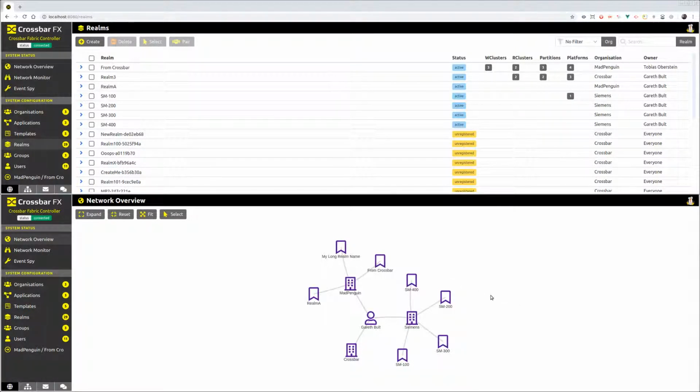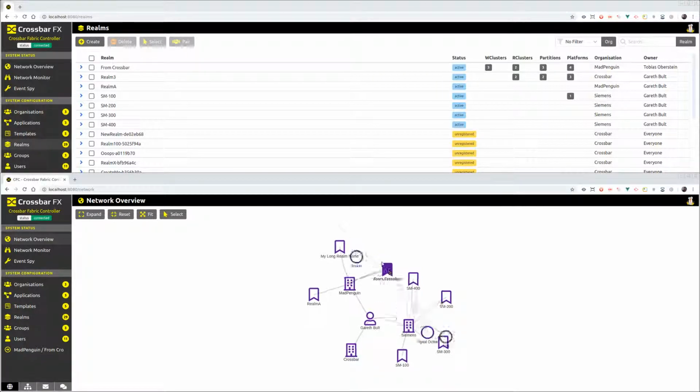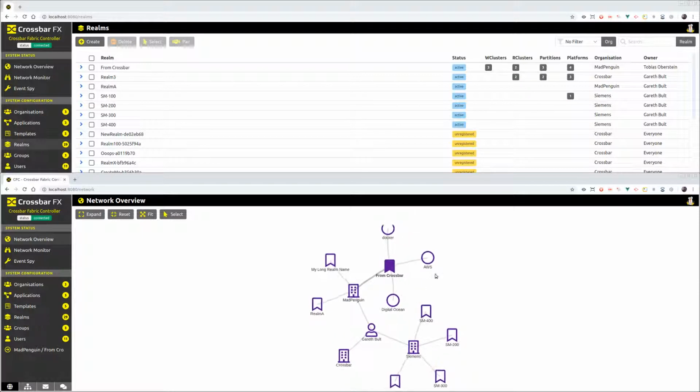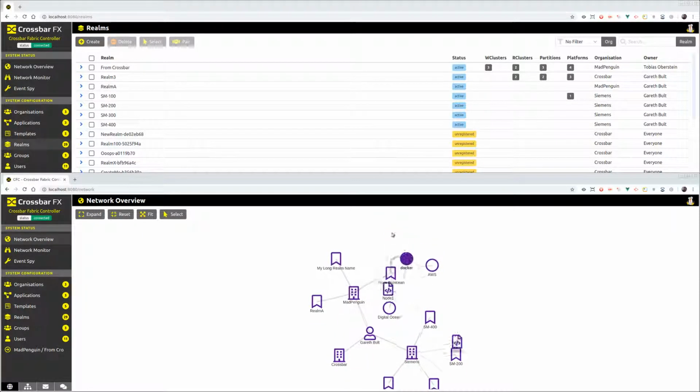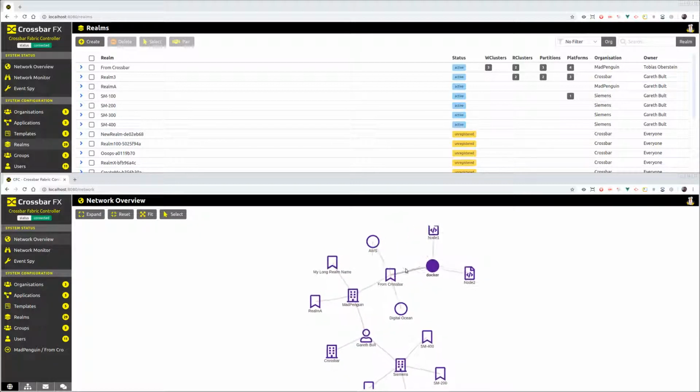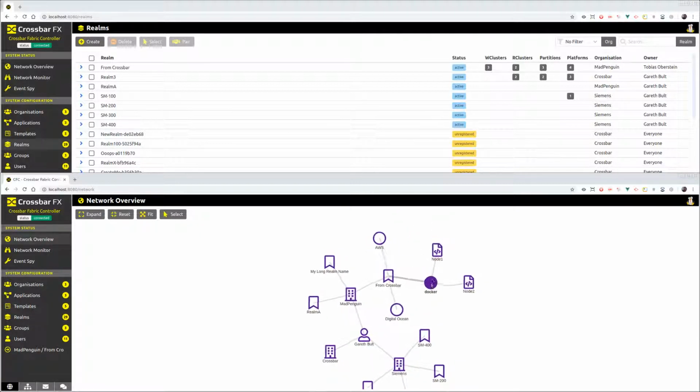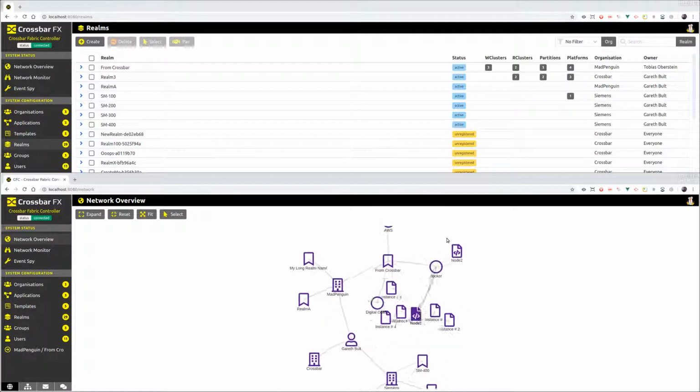And these are obviously retaining their child details. So for realm A, for example, for the from crossbar realm, for example, I expand that. It has 3 platforms attached to it. I know we have some details if I open up Docker. We've got a bunch of nodes in there. If I open up those 2 nodes,